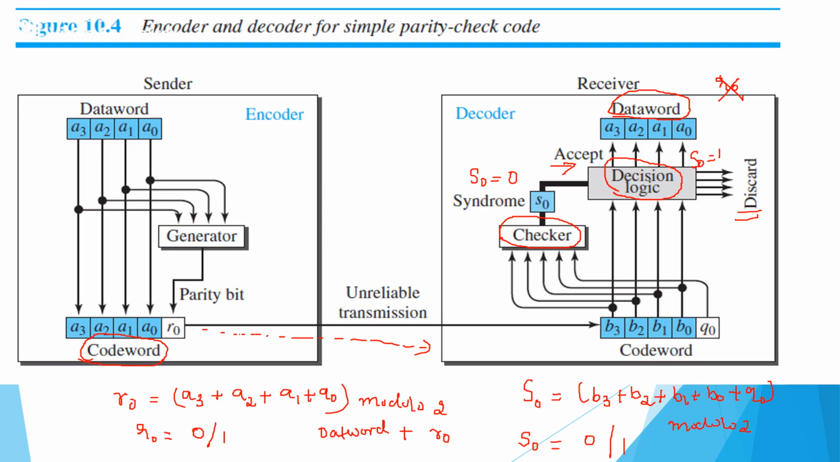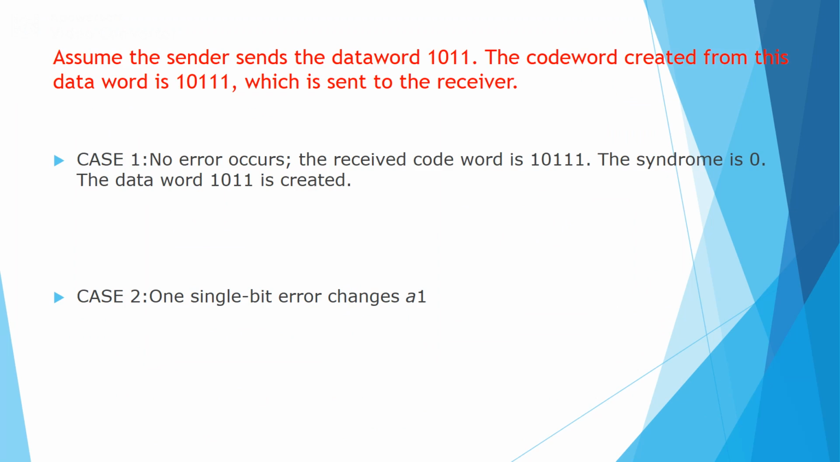Assume the sender sends the data word 1011. The code word created from this data word is 10111, which is sent to the receiver. So now we can take different cases. Case 1, no error occurred. That means the receiver will receive the same code word 10111 and now it needs to compute the